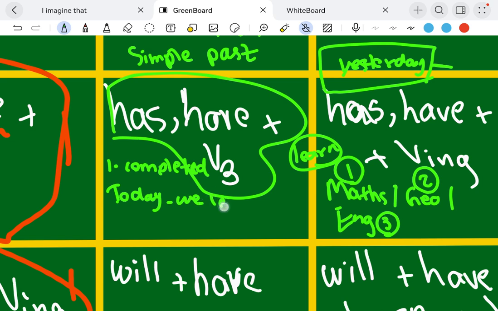Today we learned English. Today we learned English, math, geography, and English. If you say it like that, it sounds like we need something here, something that shows all the actions are already completed, because we have learned this lesson and we already got back home, right? So you can say learned, or if you want to focus on